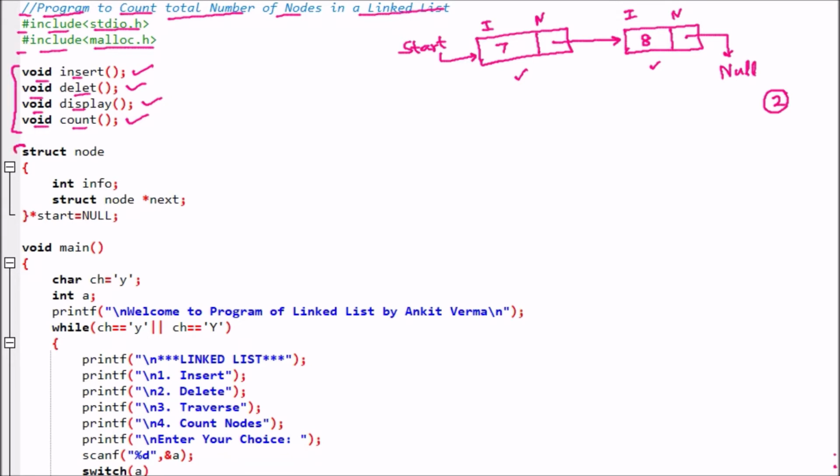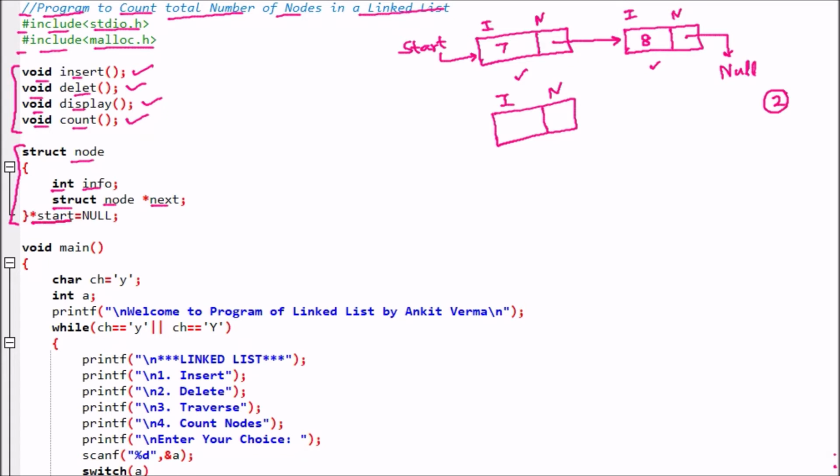Afterward we have a structure here. In this structure we have a node. So here we have defined a node structure. Let us suppose that this is our node, and here we have the info part, integer type. So one part is info here, and struct node star next is another part, the next. That means one is the pointer part, which is next, pointing to the next node, and one is the info part, which will contain the information of the node.